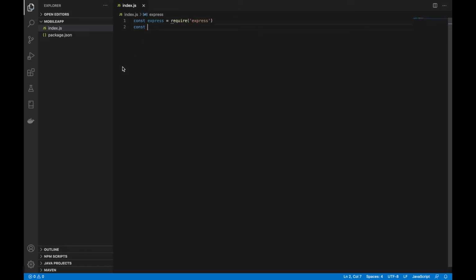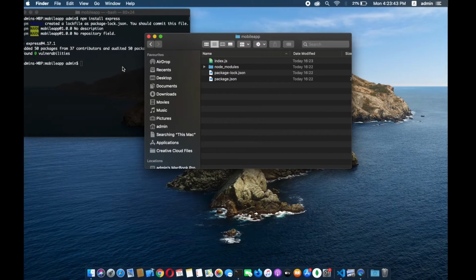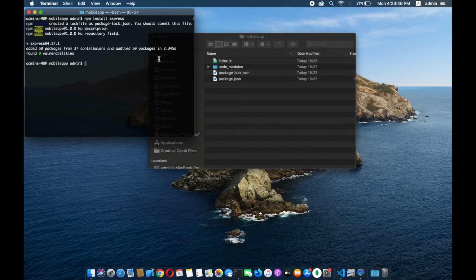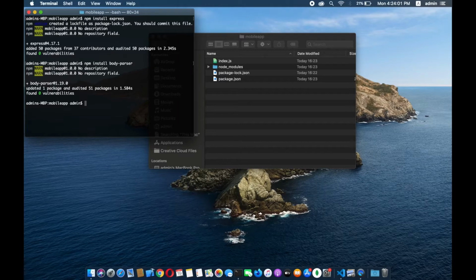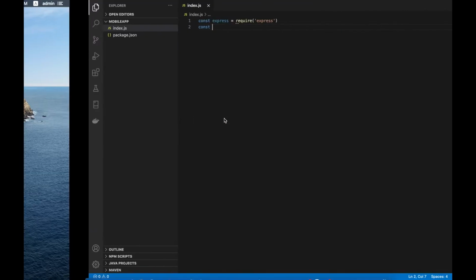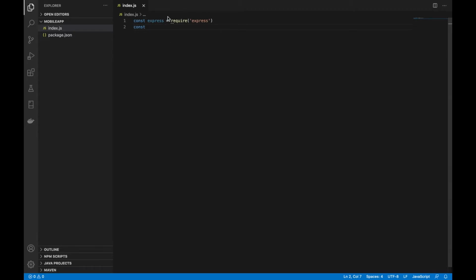You will also need to install body parser. So as we did in the case of express, you also need to install body parser. Type the command here npm install body-parser. Now as you included the express framework here, you also need to require the body parser.